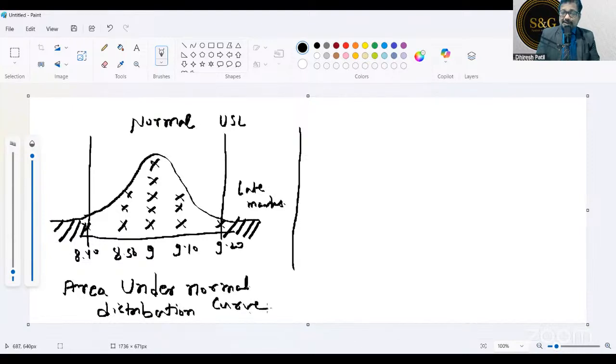And there is a systematic scientific way of calculating area under the curve. Now imagine if this normal shape, the normal behavior of the data, changes with some abnormality. Now let's introduce the abnormality. Let me give you a non-normal distribution.